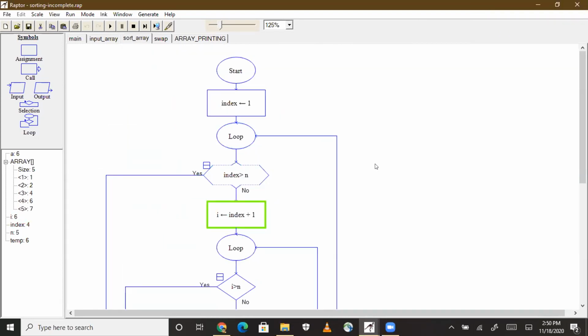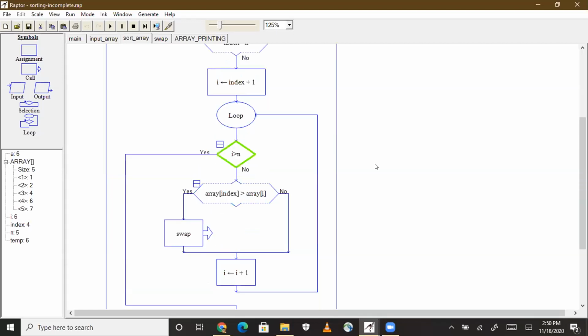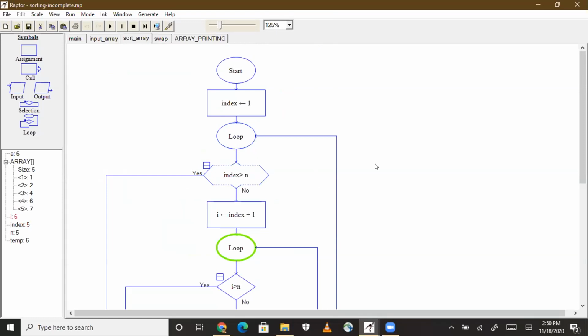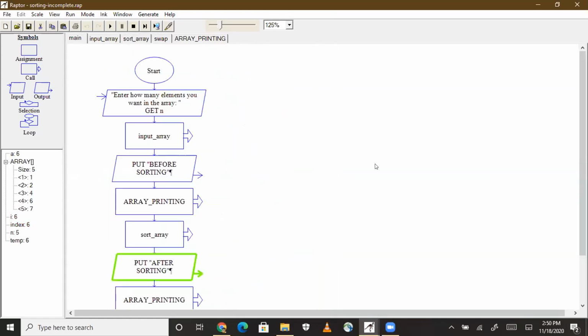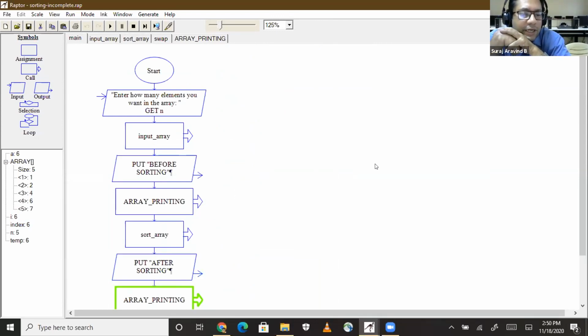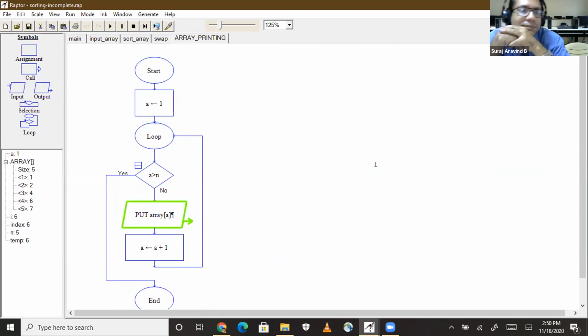Now, since 6 is always lesser than 7, it won't be doing anything. It will go blank continuously. So we come out of the loop and we try to print the array after sorting. Okay. Done. Right.